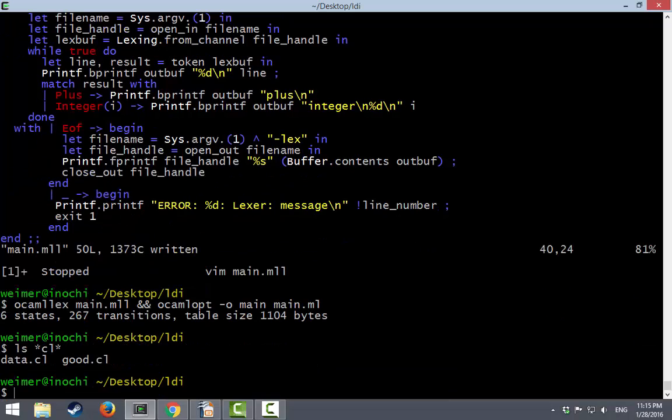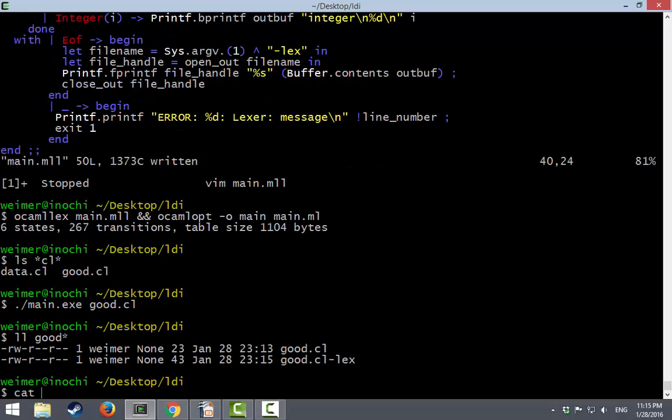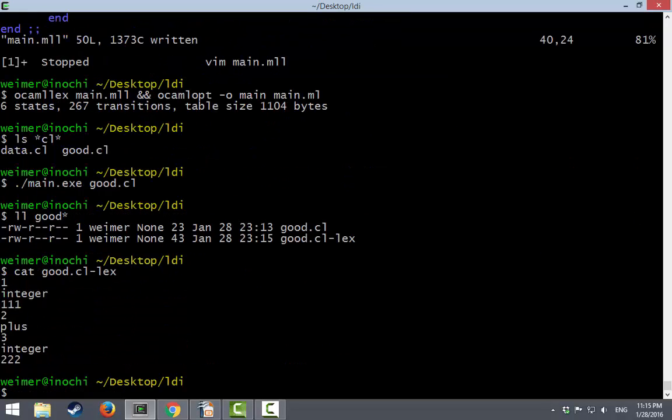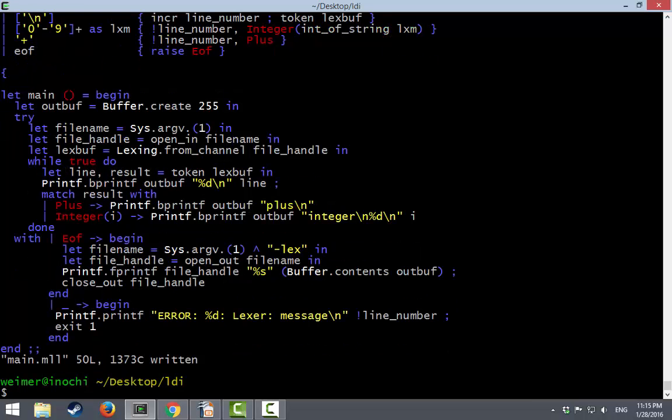So we've got data.cl and good.cl. When we run main on good.cl, we should see nothing. But now there's this cl-lex file that looks like it has some of the right answers. All right, big bucks and no whammies. All right, we could actually try to submit this. Oh, that trick never works. Let's see how things go. Well,